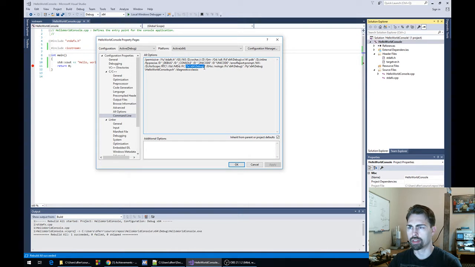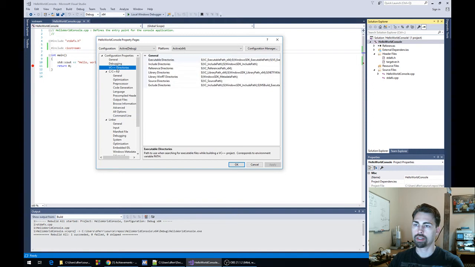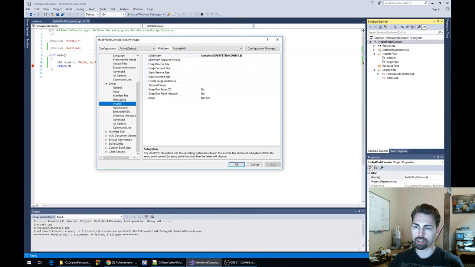That's the output, I think. I'm not sure. Anyway, what you won't see in the compiler command line is anything to do with linking in other libraries. You will see include file directories, and those ultimately come from this option up here, the include directories. But on the linker command line,